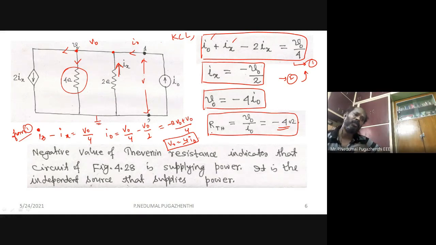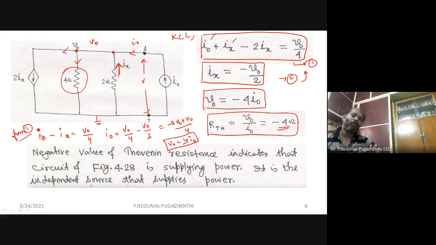Otherwise, for independent sources, what do you normally do? You eliminate all your independent sources. You will have only your resistances there, and based on the series and parallel combination of the resistances, you will find the total resistance. And since this dependent source depends on the value of a parameter available inside the network, you cannot just eliminate it. So you have to keep it, and proceed with the methodology we have been discussing.